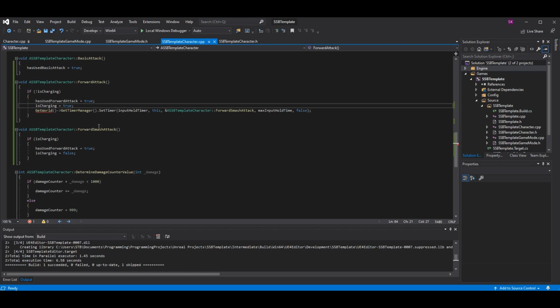And then when we first press this, so when we're in forward attack, we do want to also set IsCharging to true. Because regardless, again, if they're charging or not, whether they're holding it or not, it'll either go off as soon as they release it, which will just do a quick press, or they'll charge it. Either way, doesn't really matter. Just make sure that the game will assume that they are charging, basically, once they press the button. You'll see how this works out when we get into the anim BP, but just set it to be charging